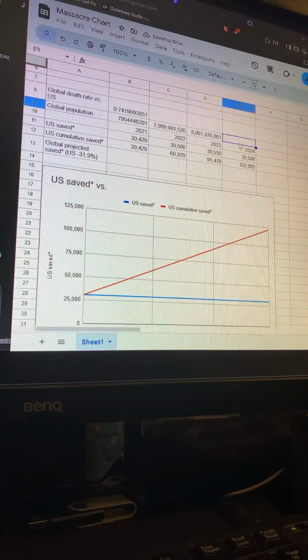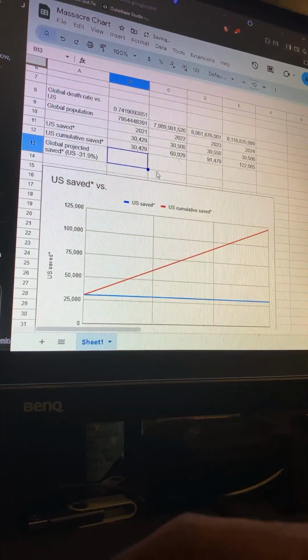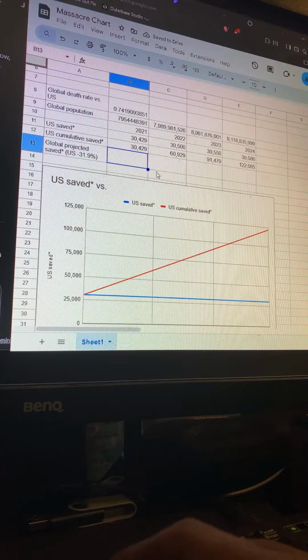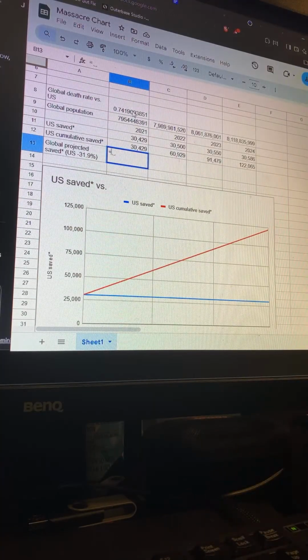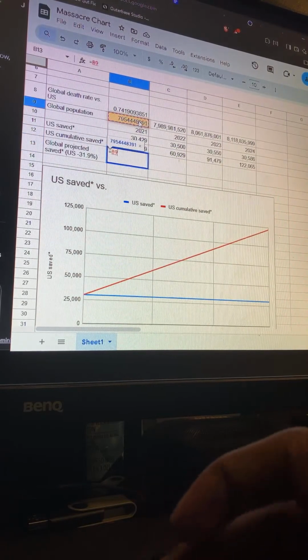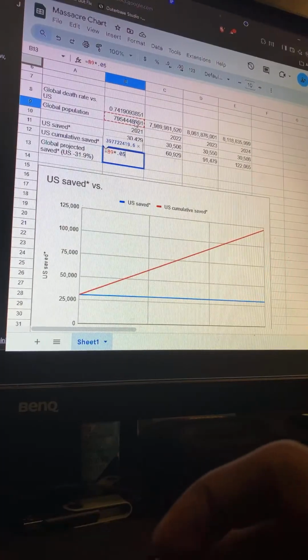All right. So this would be equals, well, let's see, equals this times 0.05 times